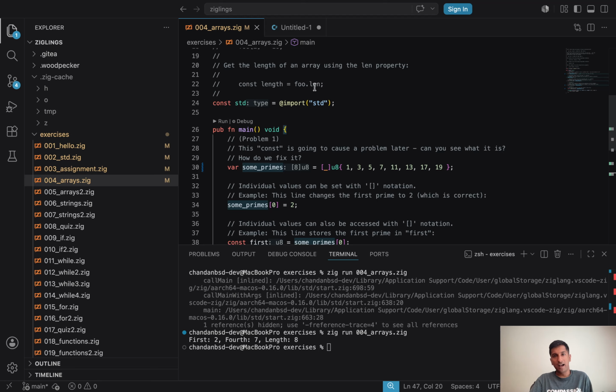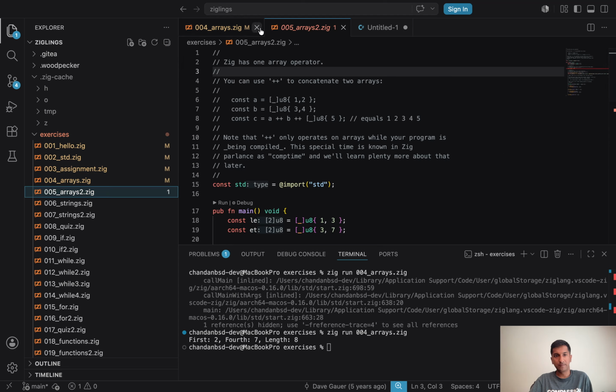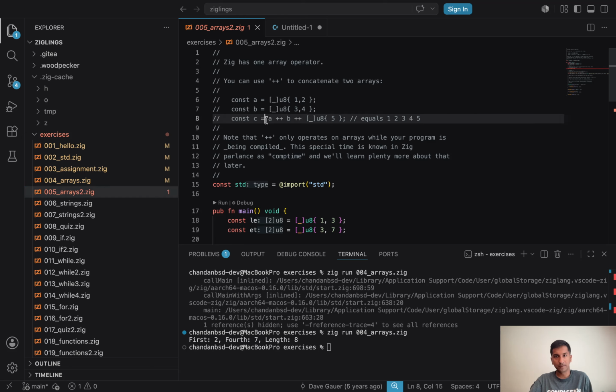I have never seen it be used in the context of arrays, so this is new, and this is pretty cool shorthand